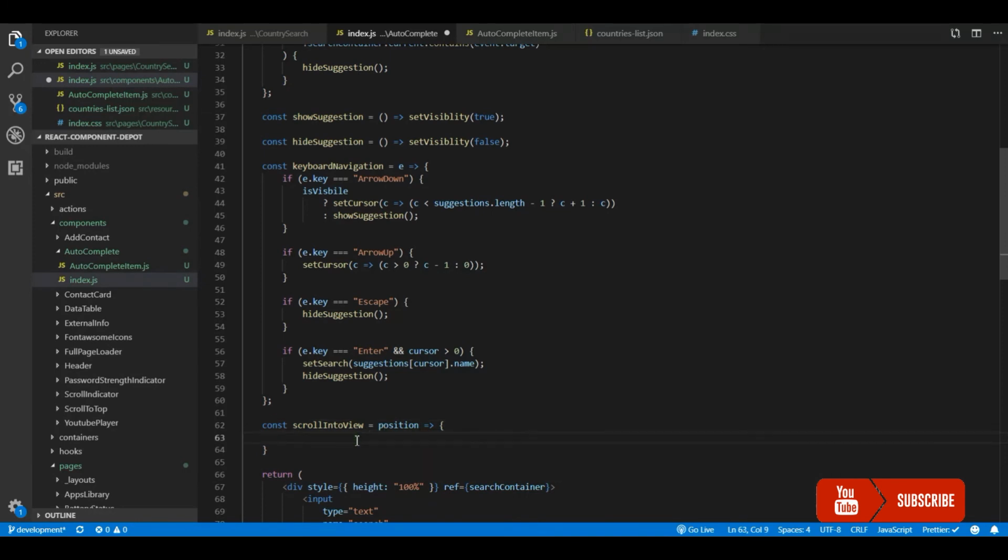It has a position parameter, and I'm going to use the main search result ref, and I'm going to scroll it to that particular position.